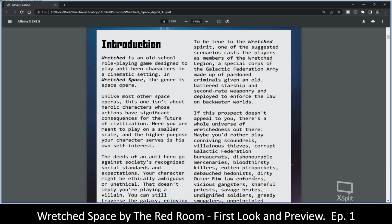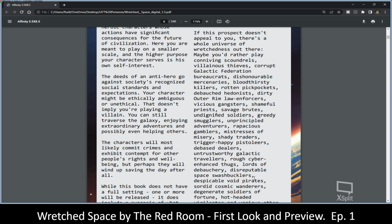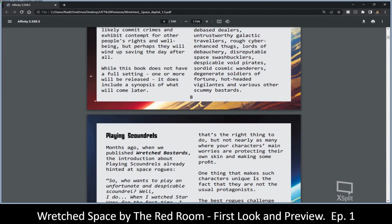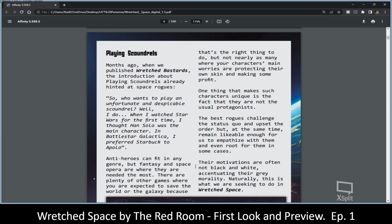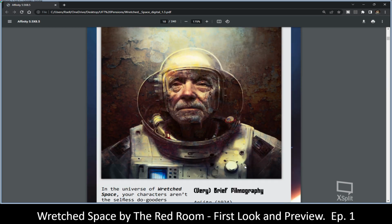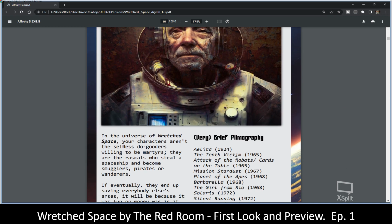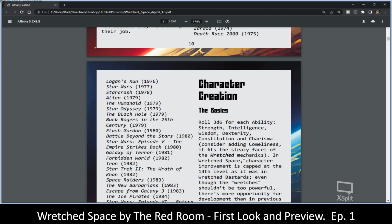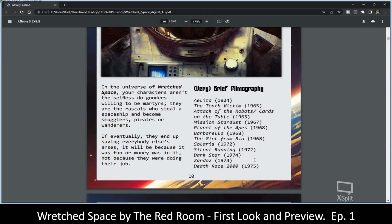They always have nice layouts and everything. The Red Room does a very good job. This is very clear, easy to read. I'm not quite sure which font this is. Really cool art. Here's another thing that they do with a lot of their games. All right, they include the filmography. All right, so very brief filmography. So they show you the various